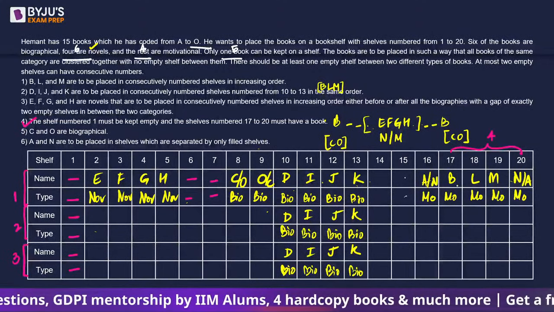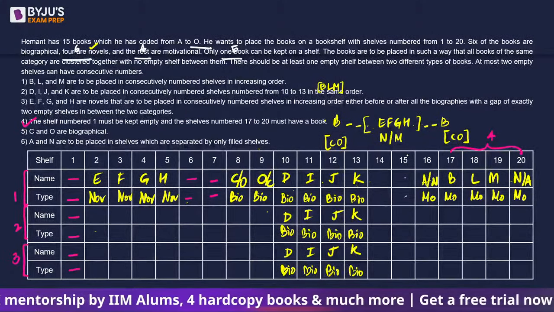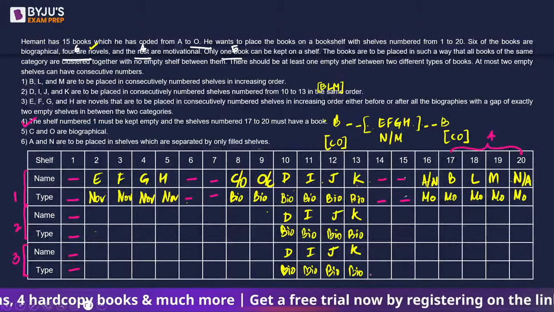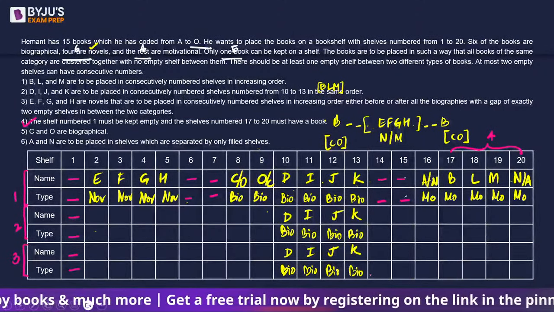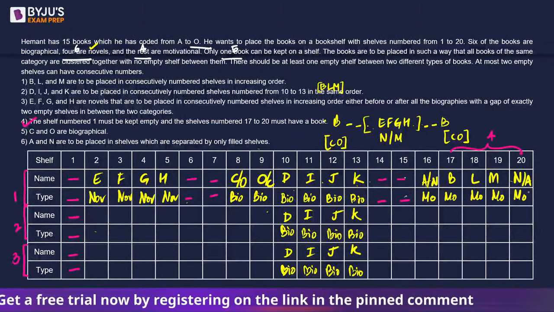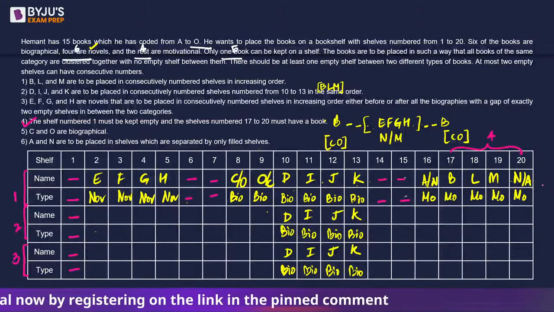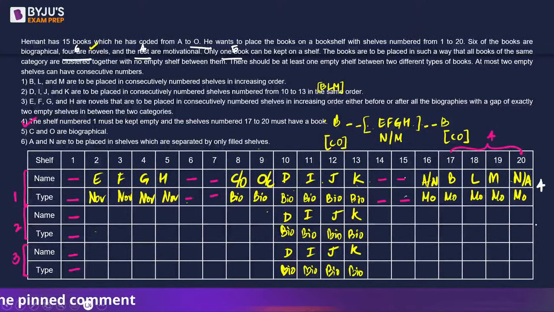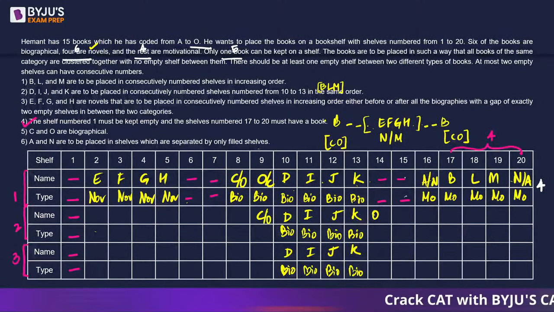We cannot have more cases in 16 to 20. That means there are two empty spaces between them. So here there are total of 4 cases. CO and OC can interchange and AN and NA can interchange. So we will have a total of 4 possibilities here. Okay. Next one, DIJK is fixed. What if C is at the front, O is at the end, or if O is here and C is here,